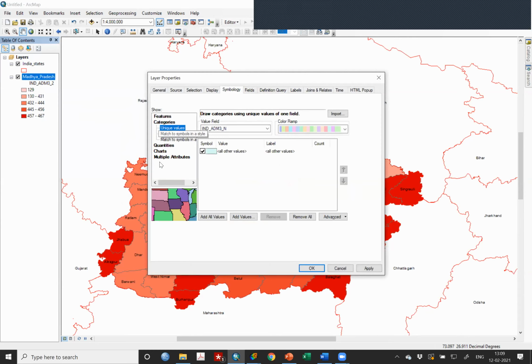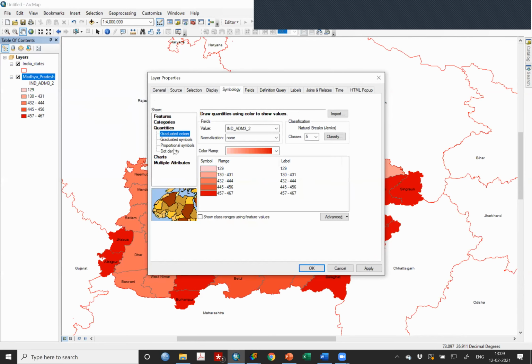You have the unique value feature, but you do not have quantile and graduated symbols and other things. Dot density you have, but you do not have those advanced features linked with statistics. You have to compute and bring them here. But it has better interfaces for editing and other things. So I stop it here.